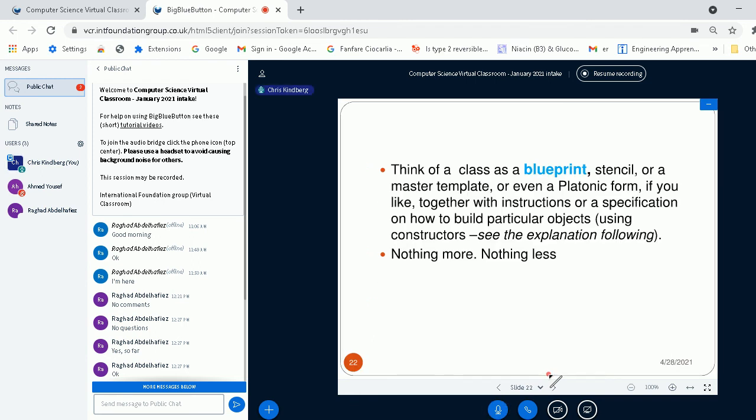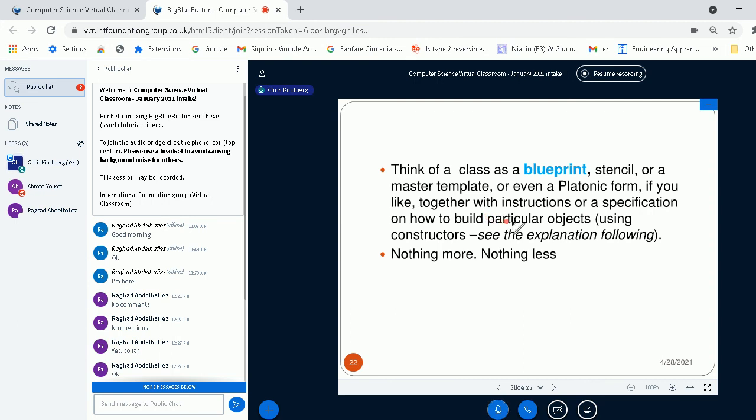So you can think of a class as a blueprint or a stencil or a master template, or even in philosophical terms as a platonic form, if you like, together with instructions or a specification of how to build each particular object that you create.